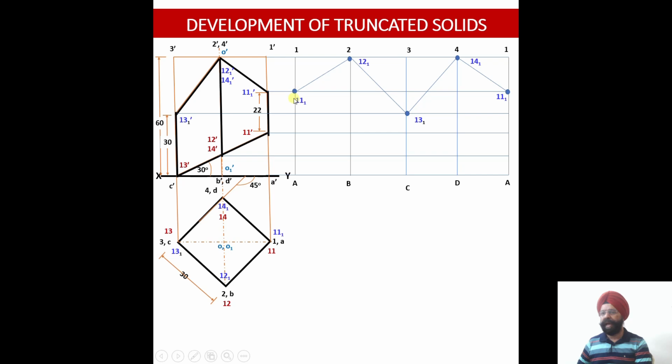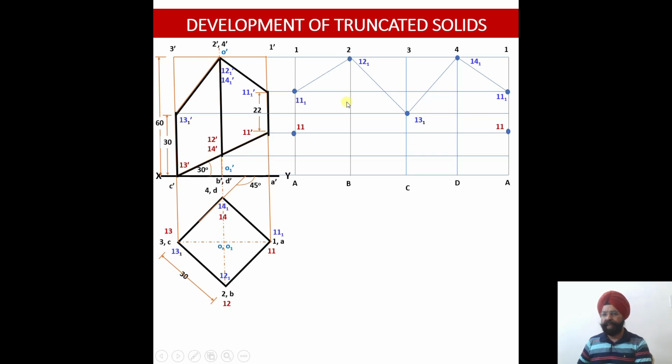How does my lower cutting plane cut this vertical edge 1A? It cuts at 11 dash over here. So from 11 dash, I'll draw a horizontal line. So 11 point will be located here, 11 point will be located here because my starting point and end point is edge 1A. So please see 11 point with red color. 11 point with red color means I am talking about number 11 point corresponding to the lower cutting plane.